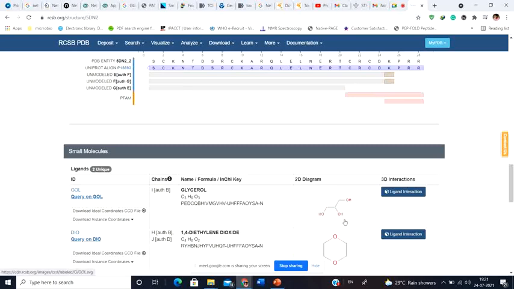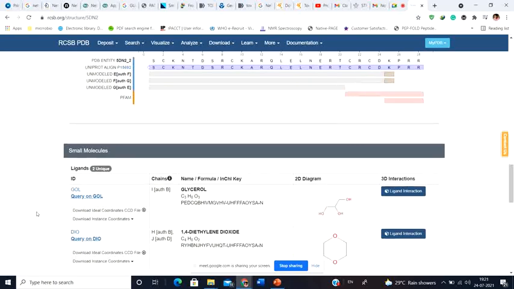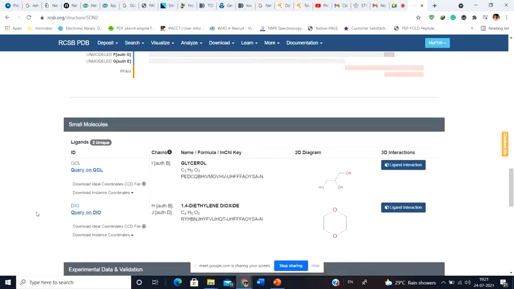So these are the ligands that are associated with this particular molecule, and these ligands are sometimes associated while solving a structure. Can anyone say why? I think you don't know. Let me say. The ligands are generally associated with these protein molecules because, as you know, while solving the structure, how do they solve the structure?